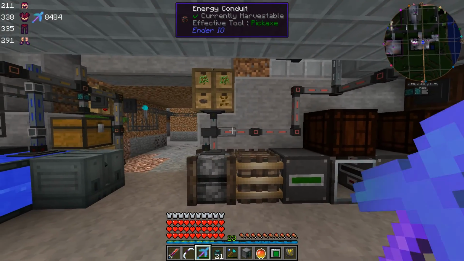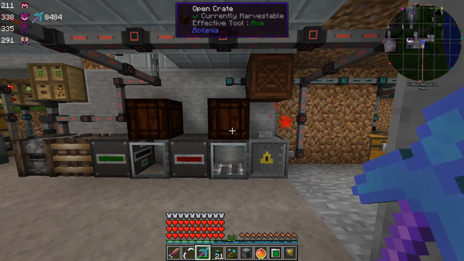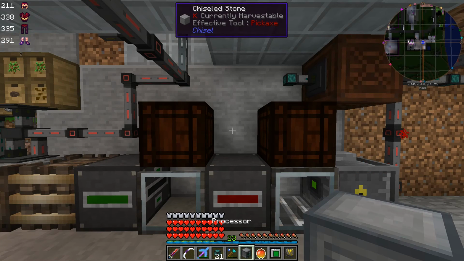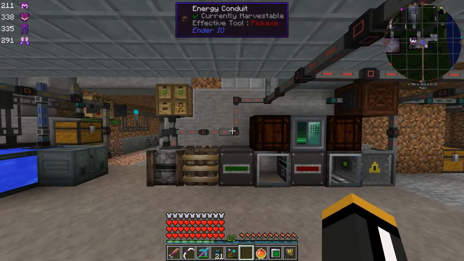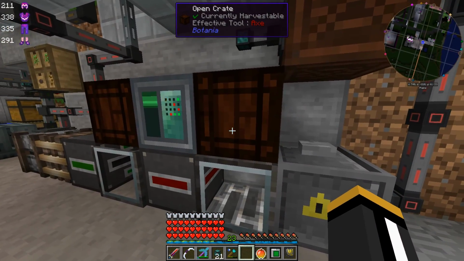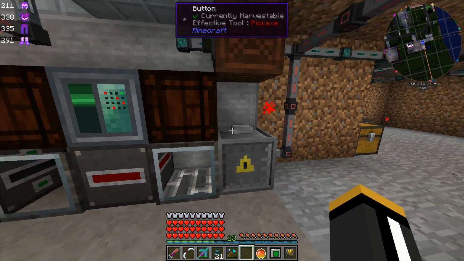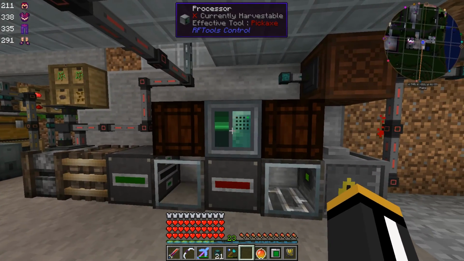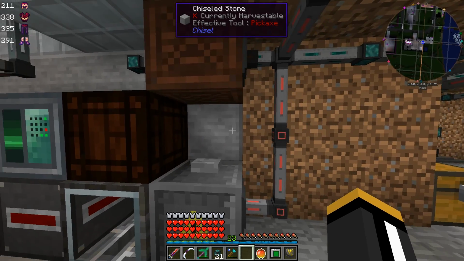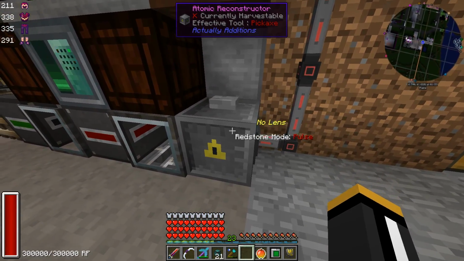So we're ready to get started with RFTools controls. I think we have all of the machines and infrastructure that we need. I'm going to just stick a processor right here, and then I'm going to have 2 nodes. One of them over here will be able to access this inventory. Our processor will be able to access both open crates. One thing I do want to test though is to see if this can directly input into the open crate. We'll see. And then I'm going to put another one here that's going to have access to this inventory as well as redstone